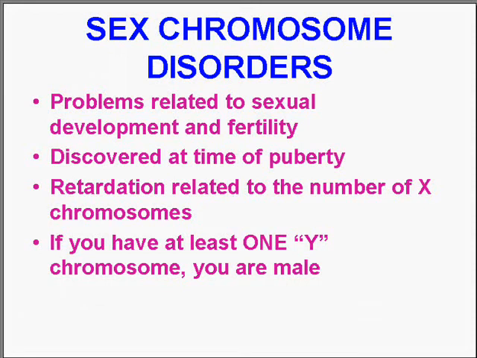And there usually is not retardation, but generally speaking, the more additional X chromosomes you have, the more likely you are to have retardation problems. And to make something very simple, there's a lot of different types of sex, and we'll define it a little bit later, but the general rule is if you have at least one Y chromosome,